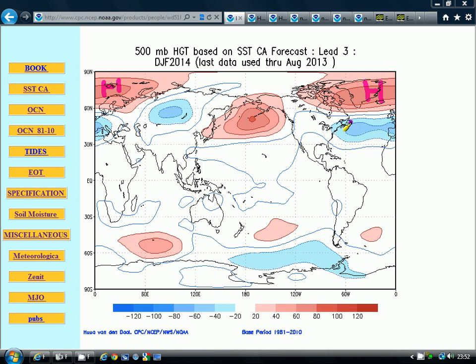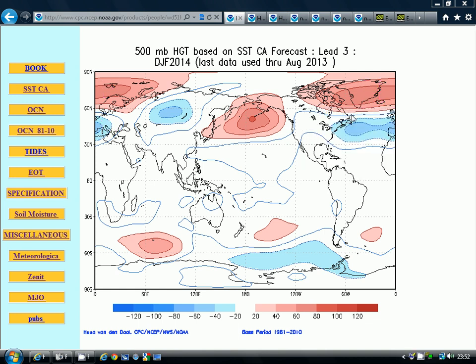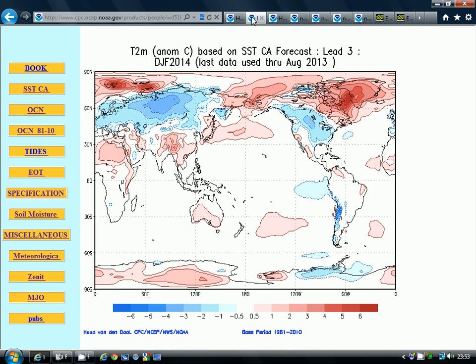Corresponding with that, we've got below average heights running through the Atlantic and to the south of the British Isles, stretching into Europe. Britain, by the way, is just there. So in terms of the height anomaly, that's about as blocked and cold as you can get for a winter height anomaly chart from Hugues van den Dool. If we have a look at the temperature forecast that goes with that, well, look at this. We've got the blue colours here stretching across much of Europe and Eurasia as well. These are below average temperatures being indicated.